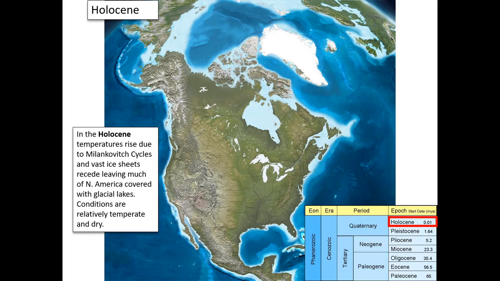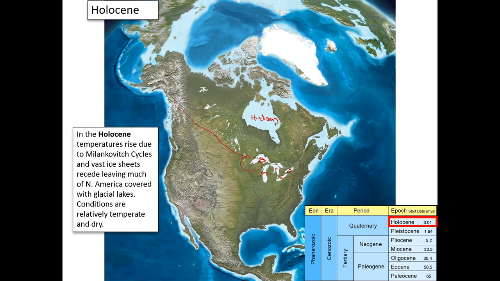So in the Holocene, temperatures rise due to the Milankovitch cycle. So this is an interglacial period. The vast ice sheets have receded, and they've left much of North America covered with glacial lakes. So you can see Hudson Bay has formed here. You can see the Great Lakes here, right? So there's Superior, I'm going to put S for Superior. There's Michigan, there's the Huron, there's Erie and Ontario. And you can see all of the thousands of lakes,